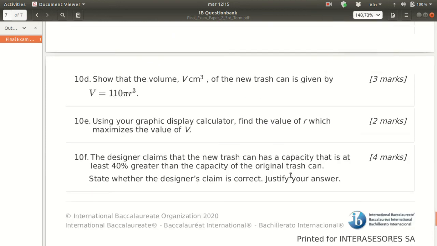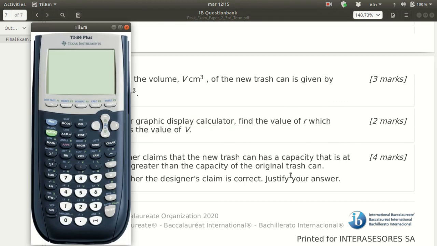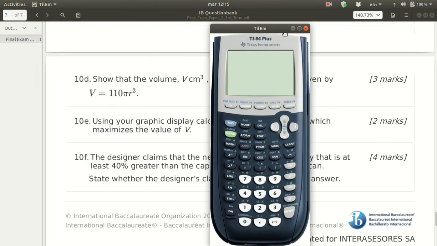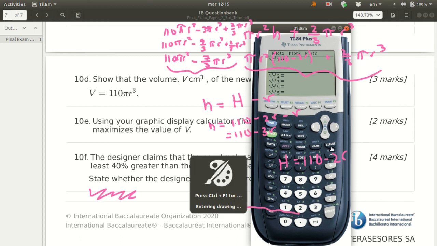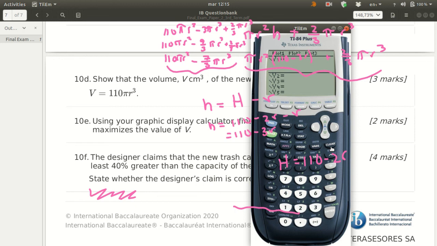Okay, so using your graphic display calculator, find the value of R which maximizes the value of V. It's even telling you to use the calculator, right? So we're going to use the calculator. We're going to go into the functions. Let's clear this out. All right, the volume is 110 pi r squared